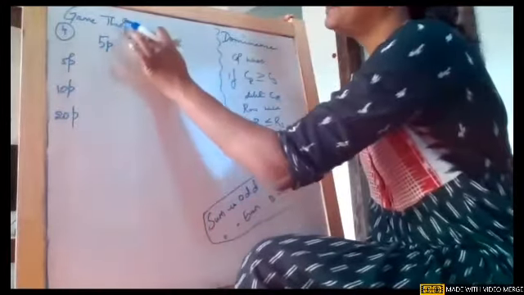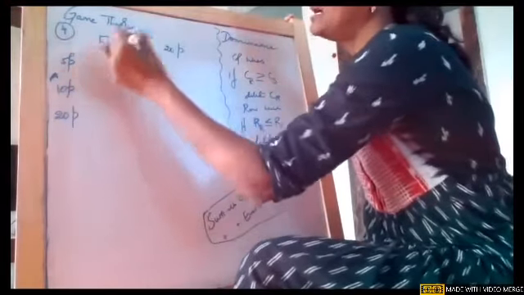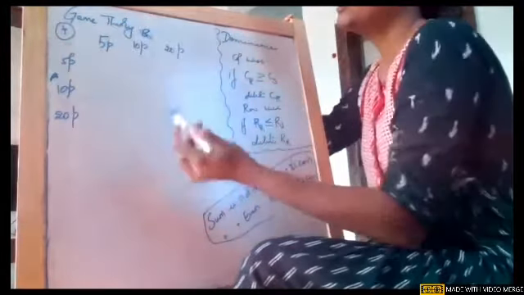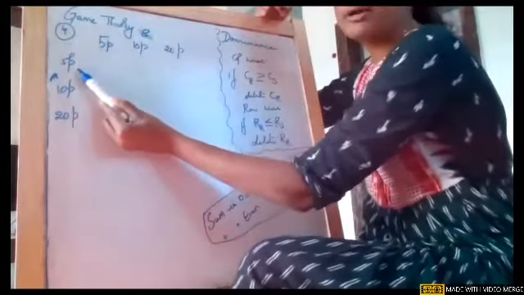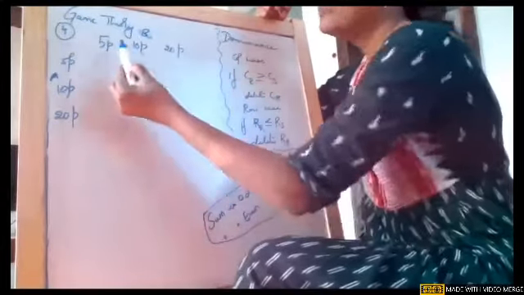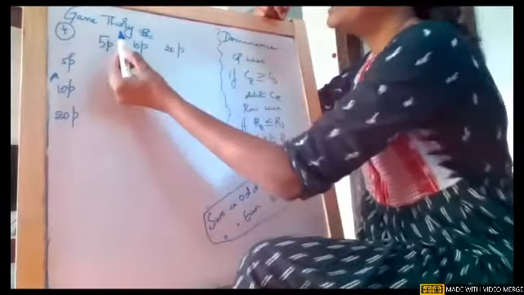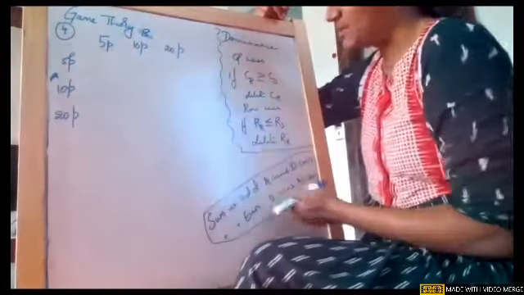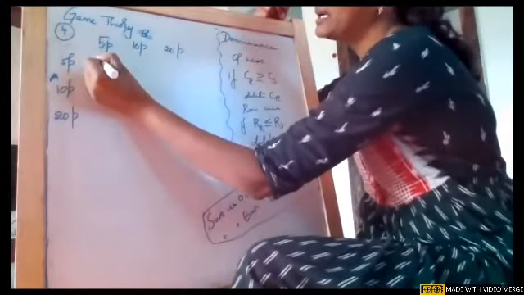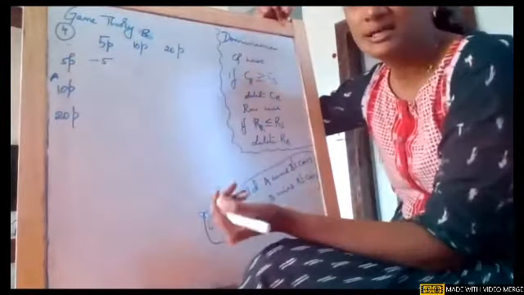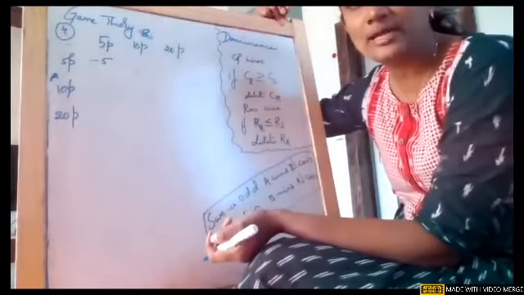Okay, now I'll just segregate. A is row wise and B is column wise. So what is A's coin? It is 5 paisa. So when it is 5 paisa, B is winning. B winning means it must be a negative value. So minus 5. Is it clear to you? Did you get the logic?